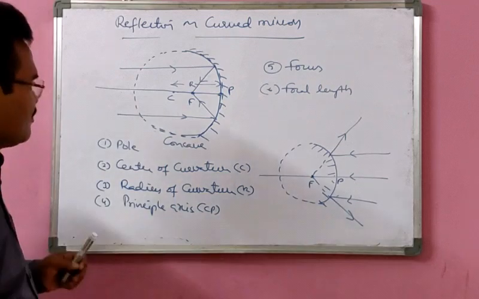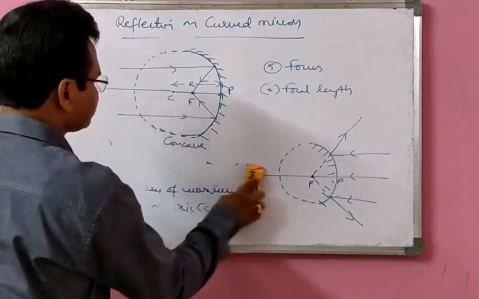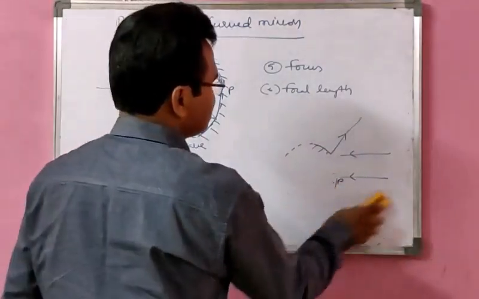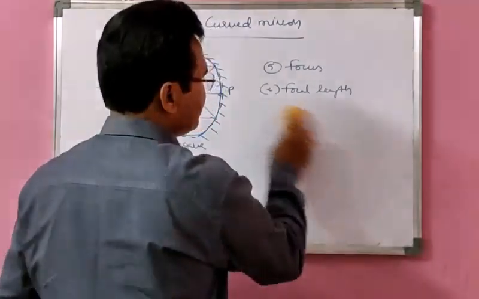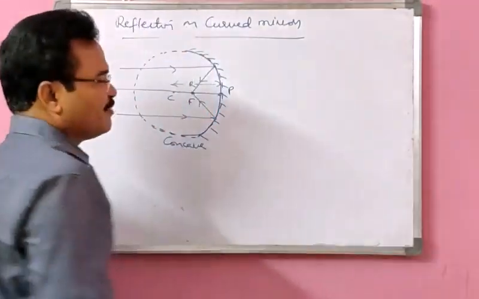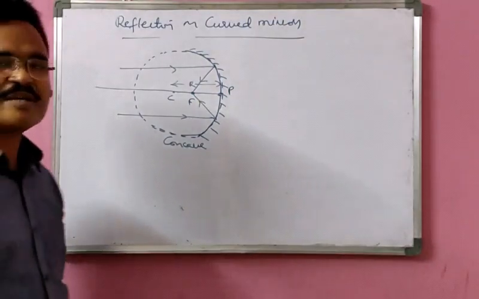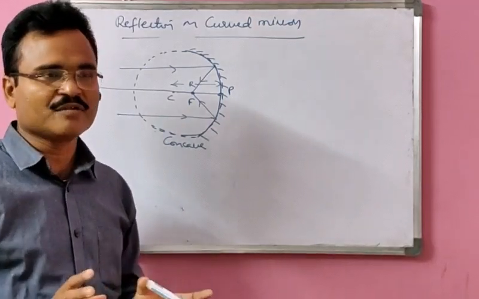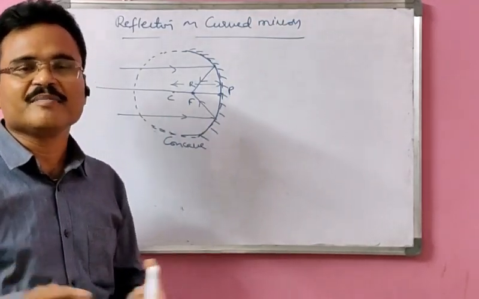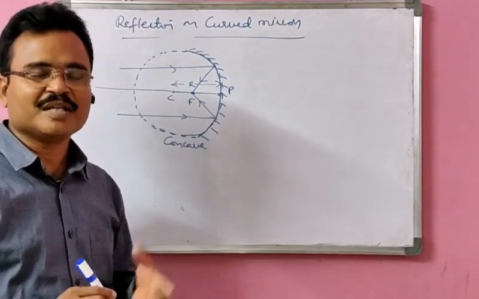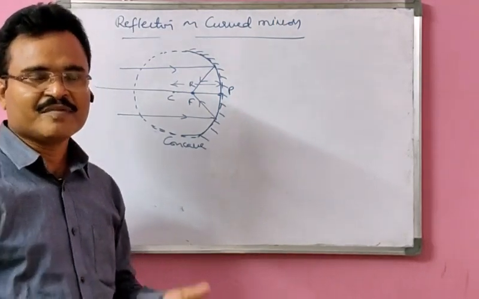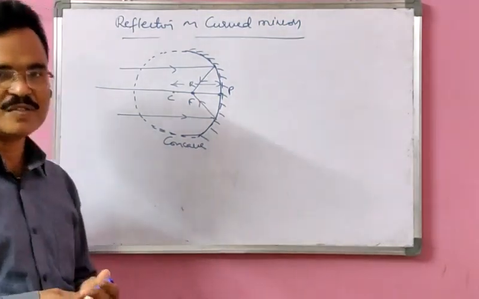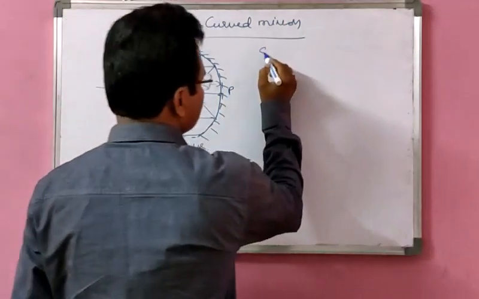Then we have another one, that is sign convention. In this ray optics lesson, sign convention plays a very important role. Why? Because without sign convention, we cannot locate the image position properly here. The sign convention will give you a clear idea of where the image is formed, whether it is formed on the left of the mirror or right of the mirror, whether the image is real or virtual, etc. So, sign conventions.